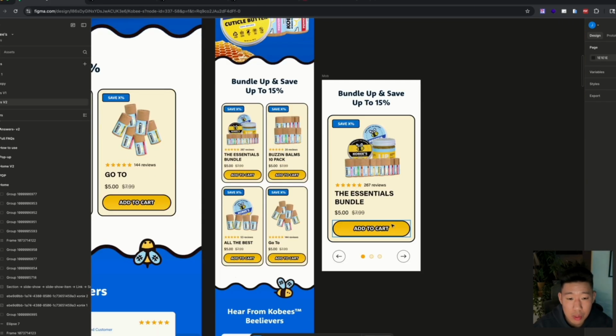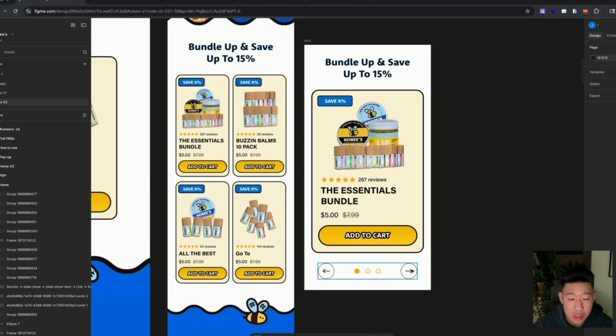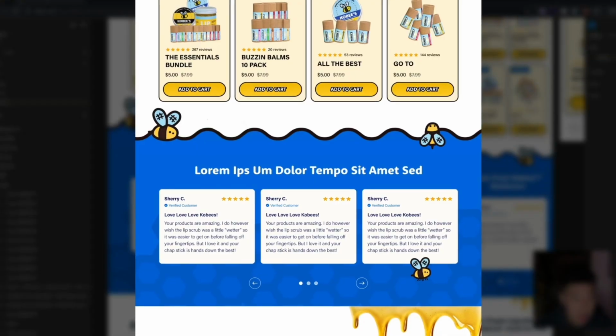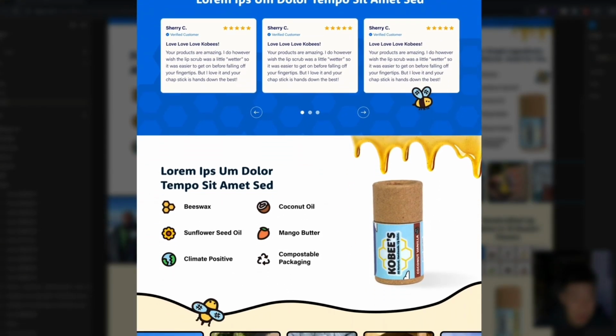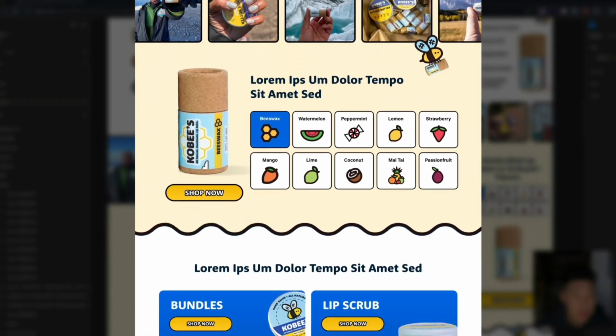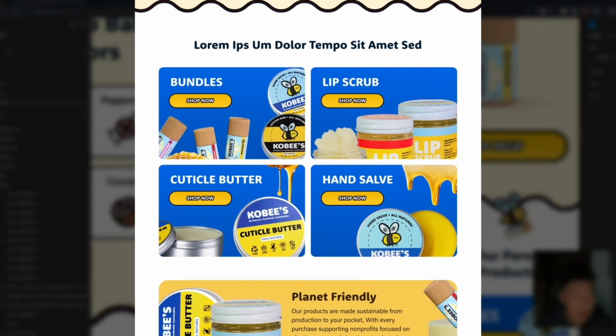And a solution for that would just be to set a carousel where you can just toggle through each of the different products. Then we have the first social proof section, basic customer reviews. We have information about the ingredients, an image ticker carousel, UGC images, information about the flavors, call to action buttons